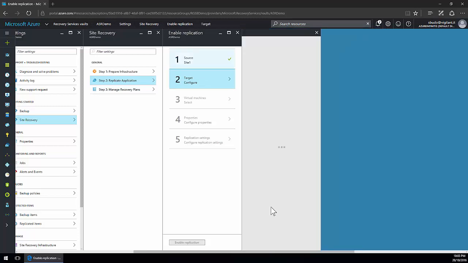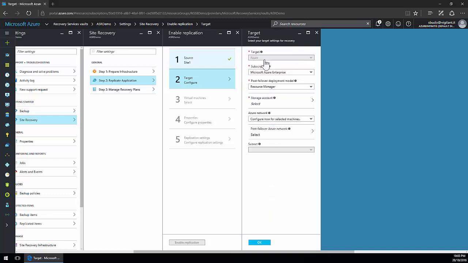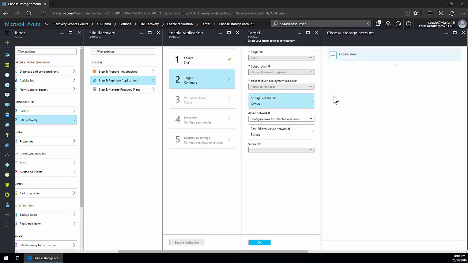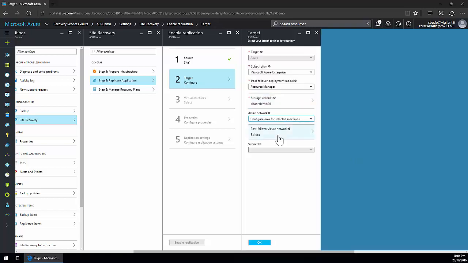Next, we're going to define our target system, in this case Azure. In this step, you can select what subscription the failover virtual machine should be under, as well as under what model they should be deployed, Resource Manager or Classic ASM. The storage account that the virtual machine should be using during the deployment, and finally, the network subnet it should